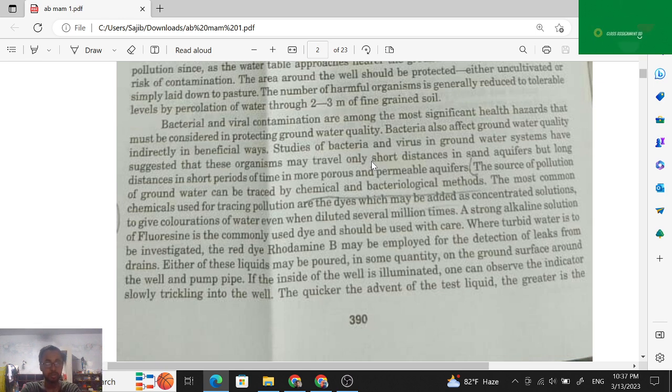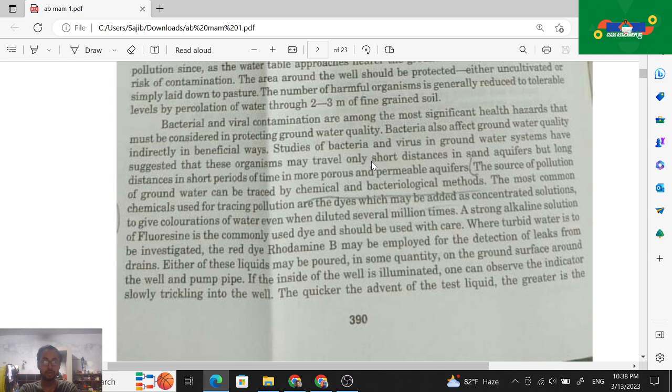The most common chemicals used for tracing the pollution are dyes, which may be added as concentrated solutions and give coloration to water even when diluted several million times. A strong alkaline solution of fluorescein is a commonly used dye and should be used with care where turbid water is to be investigated, and the red dye rhodamine B may be employed